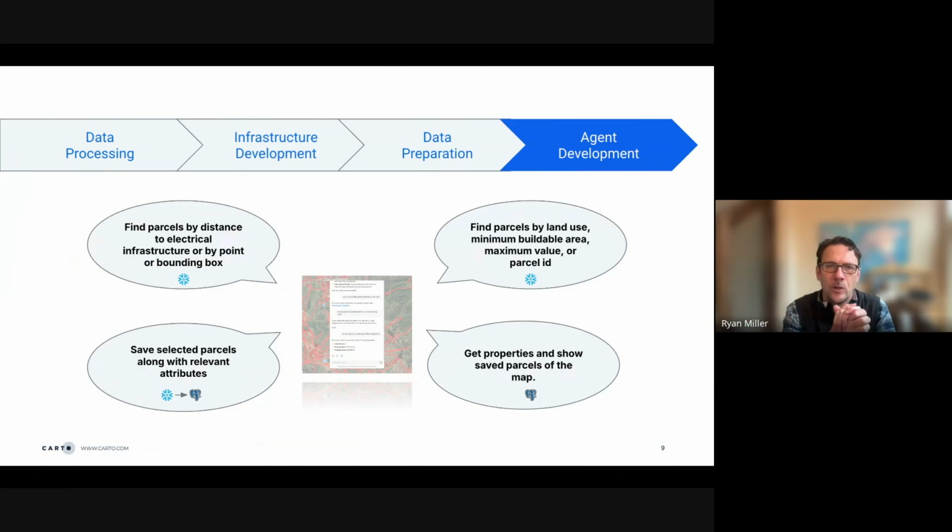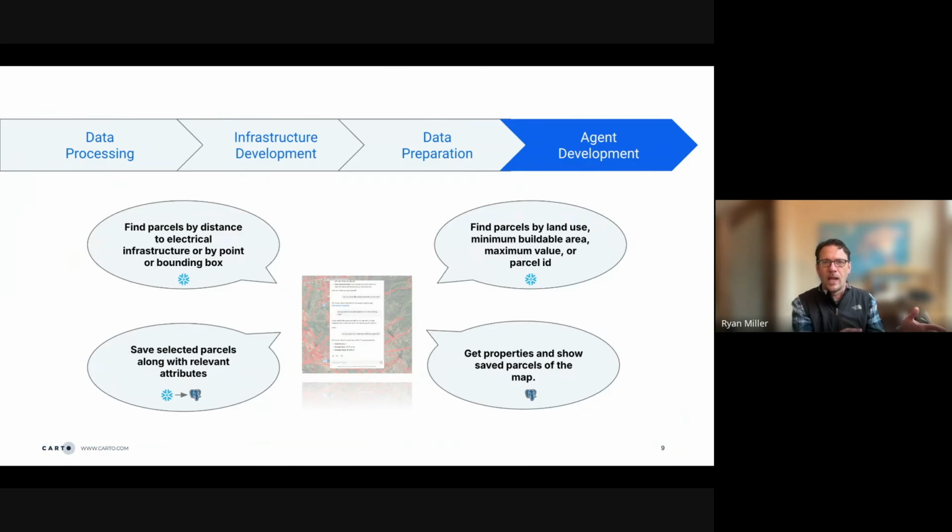Similarly, the straight attribute queries, where the agent is executing a where clause based on the particular properties of those polygons and filtering them on the fly. And then we talk about saving the parcels. So we found a subset of parcels, and we want to keep those and move them over to a permanent set of records. That's where we're basically querying from Snowflake and moving those over to Postgres, where we can do different types of analyses.